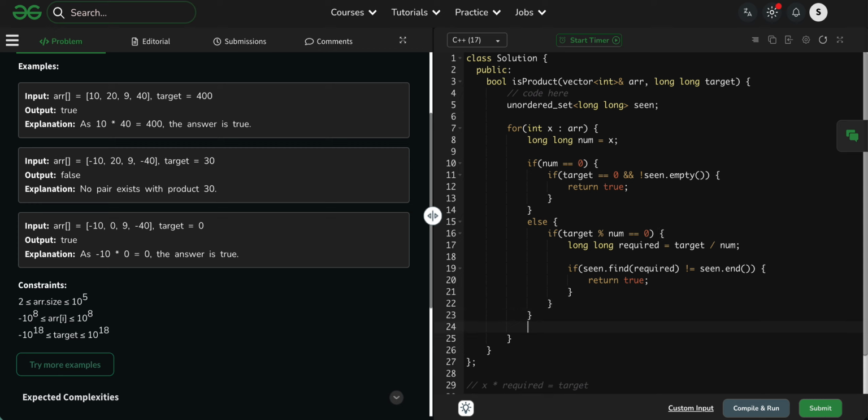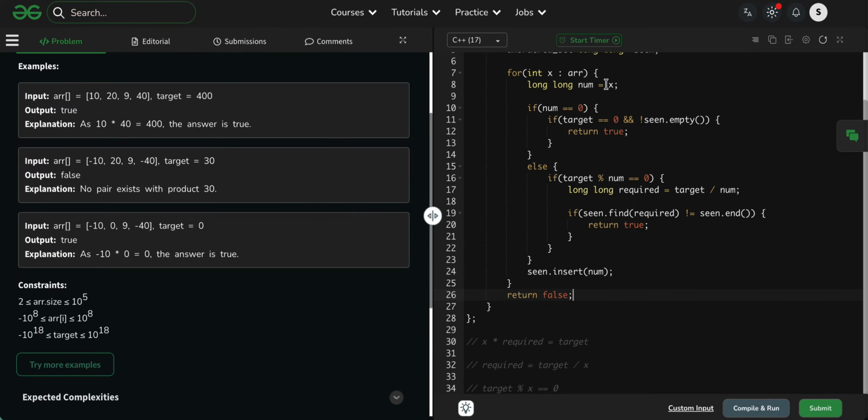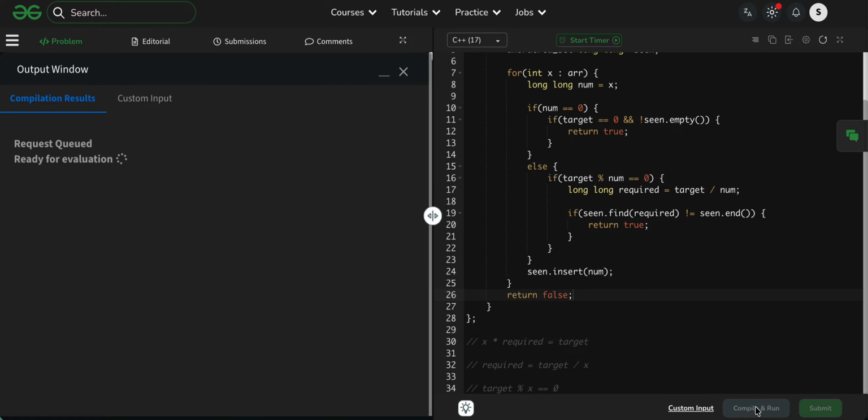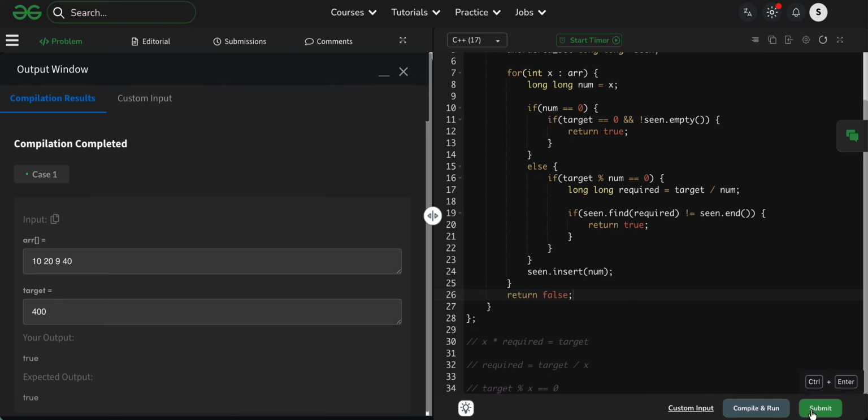And then seen dot insert num, and then return false, right? Now just check if there is an error, and try to submit.